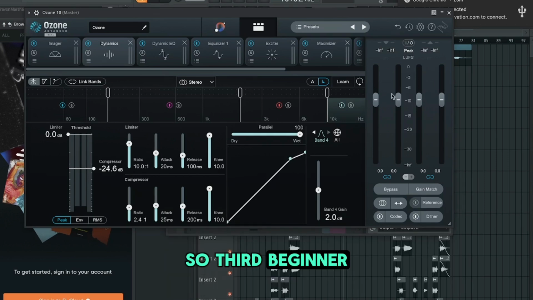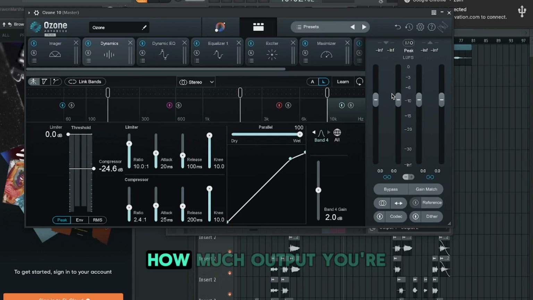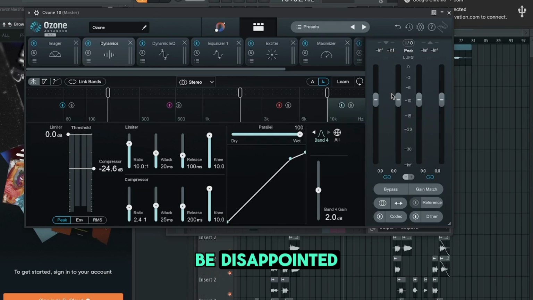So third beginner master track mistake is not paying enough attention to how much output you're getting from your master. The reason why this is so important is because a lot of streaming platforms like Spotify or Apple Music require a certain level of loudness, and if you don't meet these loudness requirements, it'll make your song sound a lot quieter than what you originally listened to when finishing your master. Going back and listening to it on those platforms, it'll make your song sound a lot quieter, and you'll just really be disappointed because to the human ear, a lot of times